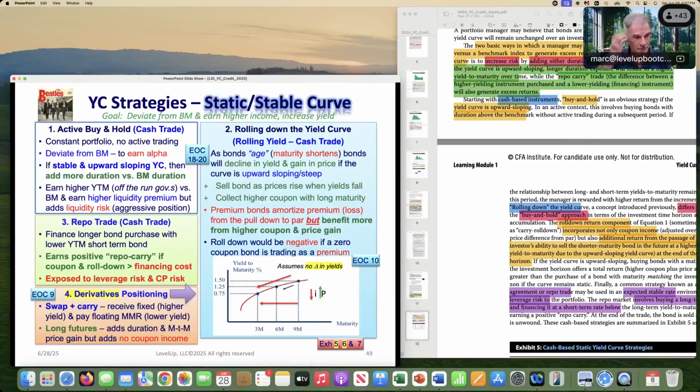And so remember, if I say that I have a portfolio of bonds and there's a bond in there that's not giving me income yield or anything else, and the